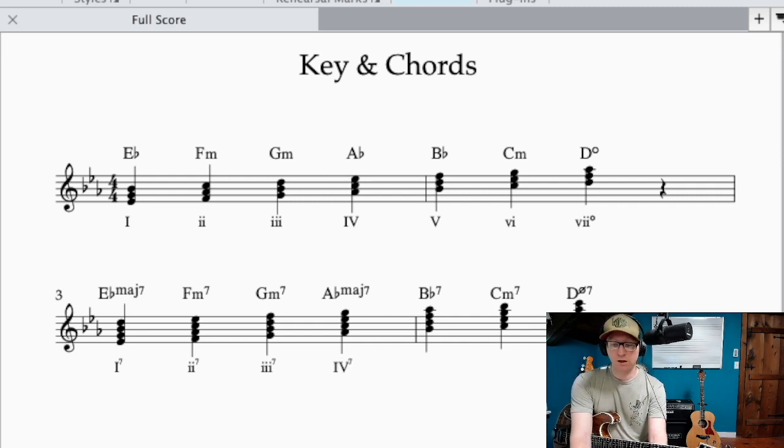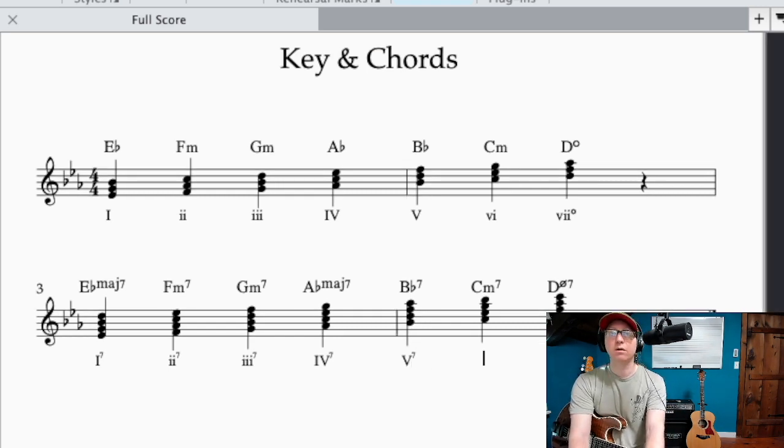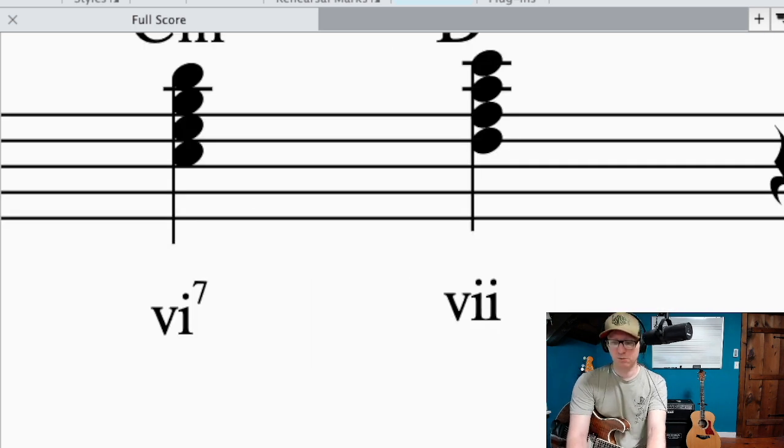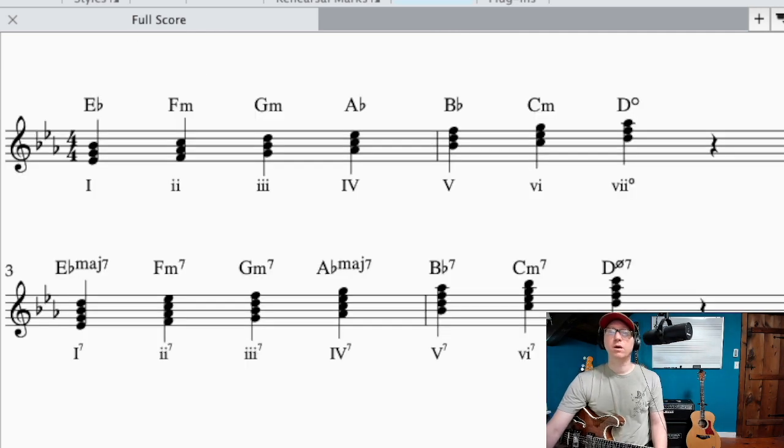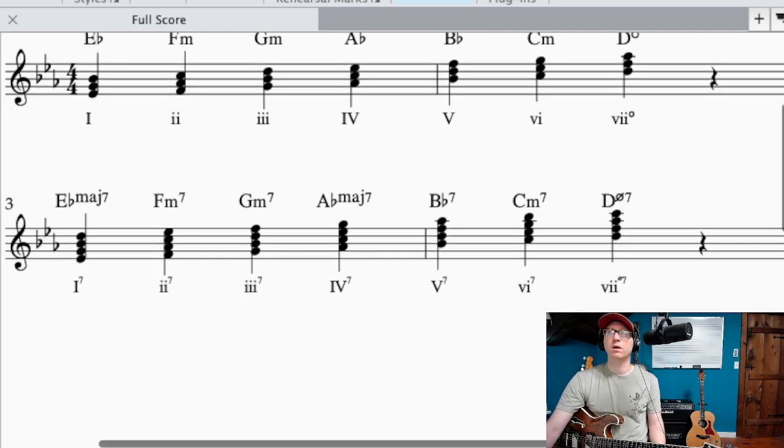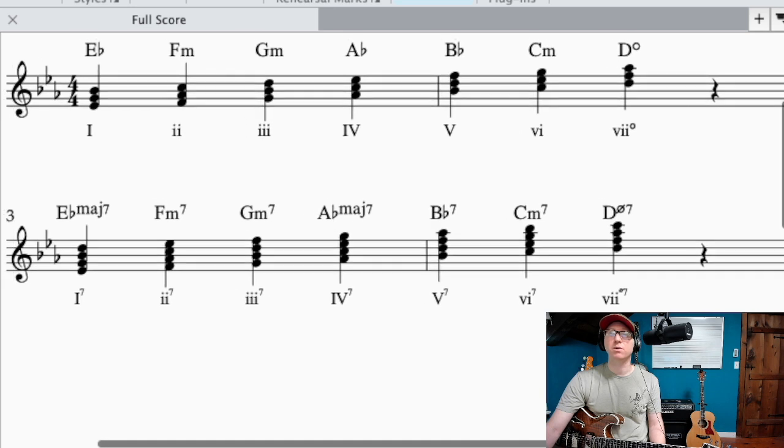Everybody remember that a 5, 7 in a major key is always dominant, even though the Roman numeral looks like it's a major 7, it's always dominant. Big 5 and a 7. Little 6, 7, 7, with the diminished symbol, 7. There we go. Okay, so there's our chord scale for the key of E flat major, and we'll keep that